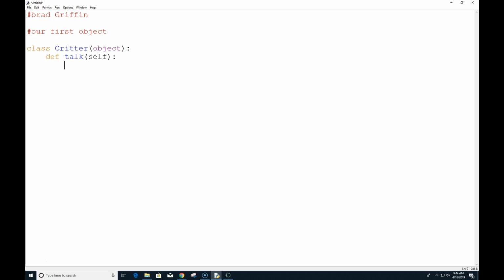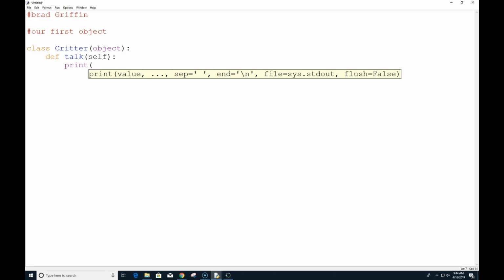When we call this particular method, it's going to print out and introduce itself: Hi, my name is blank. I am an instance of the class Critter.